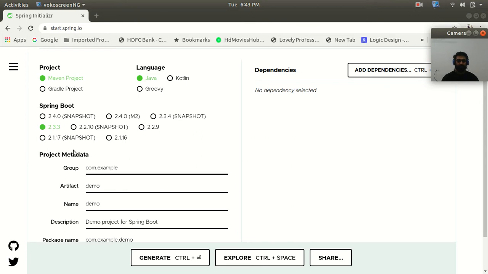So today in this lecture we are going to discuss Spring Boot Actuator and how to use it in your own application. Normally we use Spring Boot Actuator to monitor your application in different environments. That's why it is one of the key and most important features of Spring Boot. In this lecture, first of all we are going to see the basics about the Spring Boot Actuator,